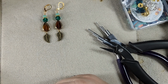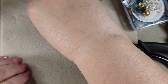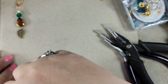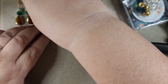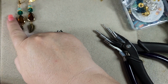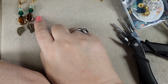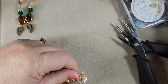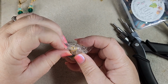And they're really cute, delicate. And as I say, there are a ton of beads left in the pack if we wanted to make some more. In fact, I think I could have made a second pair of earrings just like these with what's in there. So anyway, we're going on now to our second pair of earrings,